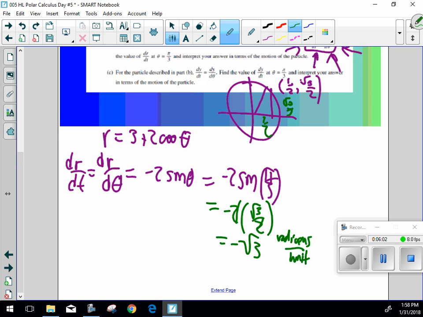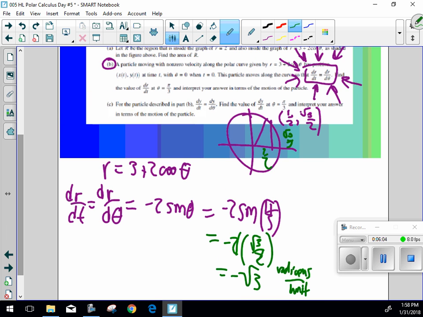And notice with part B, they do this all the time in BC. They have you get an answer, and then they have you interpret it. So interpret it just means, what does this negative mean? So would you put your hands together in a circle? And dr d theta has two qualities. It either does this or it does this. Gets smaller. What do you think the negative implies that the r is doing? Getting smaller. So we would say